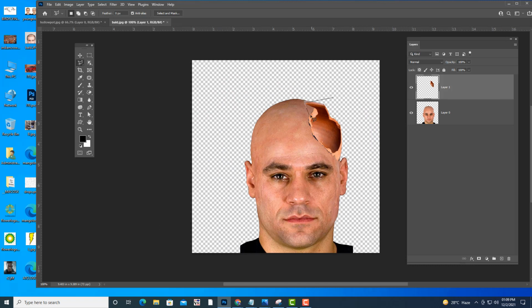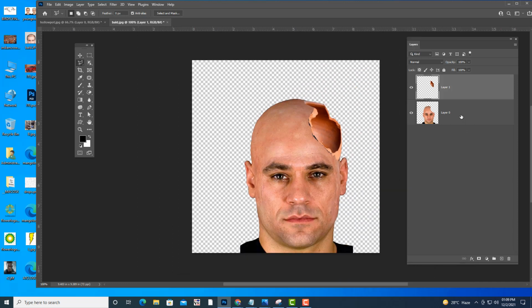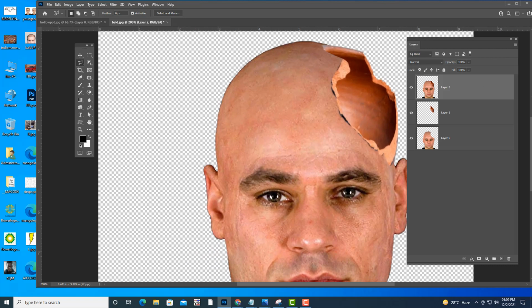I'm using this polygon lasso tool, and we will just hit delete. So what will happen is, see, we have deleted this much part of it. Then we will take a common layer. We can take a common layer with Control Alt Shift and E. Then we'll do one thing.